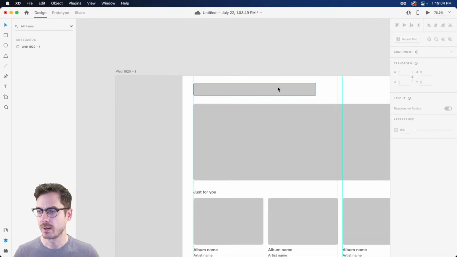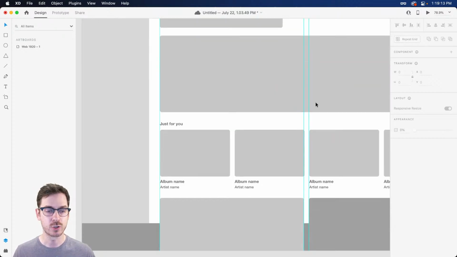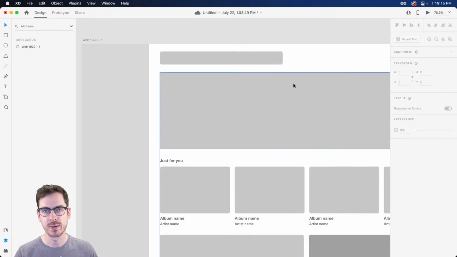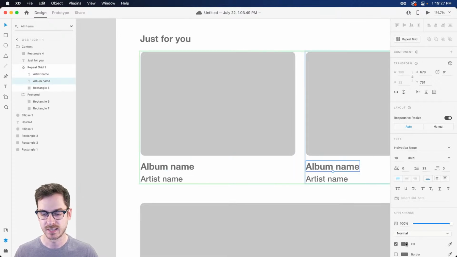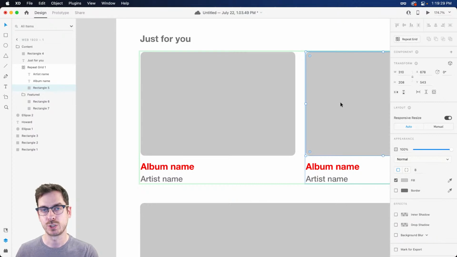That should work. All right, Martin is asking when is something a repeat grid versus a component, or components for animation handling states? That's an interesting question. So repeat grids and components share some very similar functionality in that you can dive into, in this case, the repeat grid, you can dive into any of them, make some changes, let's say the color, right? And it's going to propagate those changes to all the other cells. And a main component does something very similar, right? Where if you dive into the main component, you can make some changes and kind of push those changes to all the instances of that component that were not overridden.